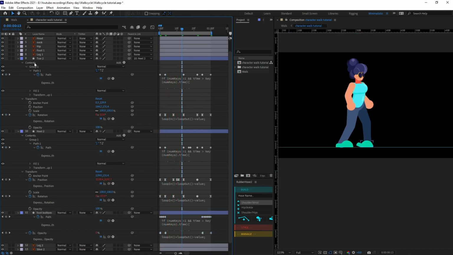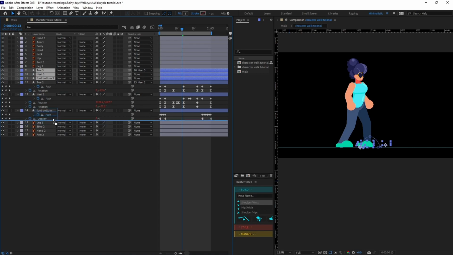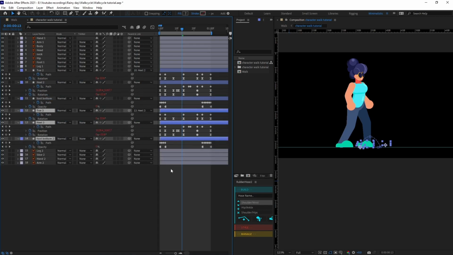Right now the loop expressions are implemented in these layers. Now let's select this layer, copy and paste it over here and duplicate the layers once again. Press U to open the properties with keyframes, and let's offset it by 12 frames.